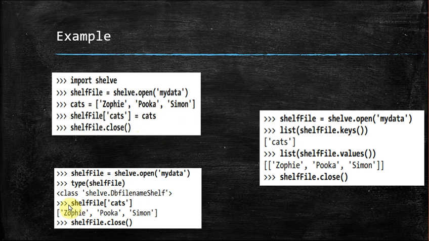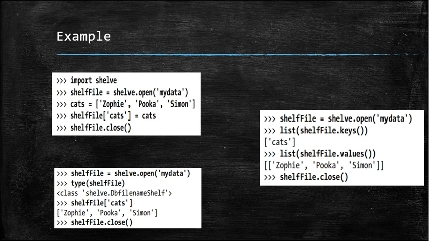So what is happening when you give shelf file of cats? The data that is stored here is displayed. That is nothing but you are retrieving the data that you had stored over here. Okay, so that data is displayed here again in the form of a list, and after that you can just close your shelf file. And the third example that is given to us: in the previous example, again it is displayed in the form of a list.